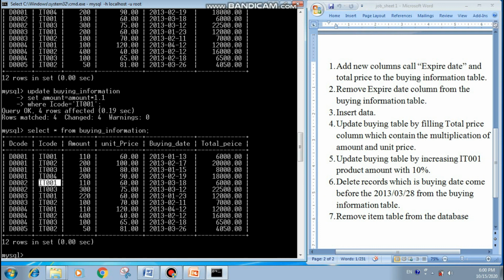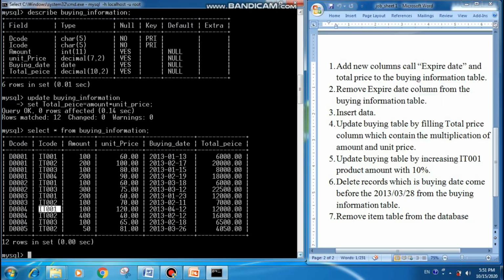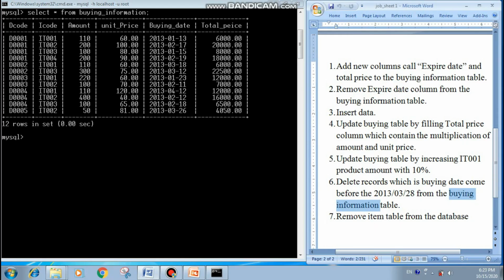You can see here the IT001 product amount is increased by 10%. Now we are going to delete a record from the given table.